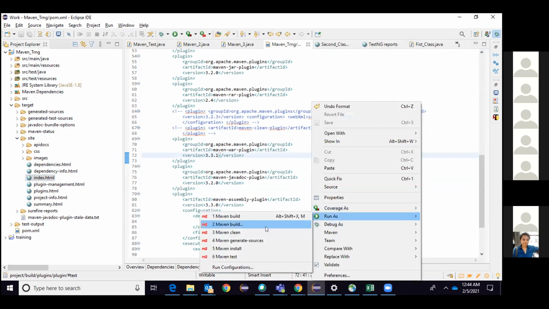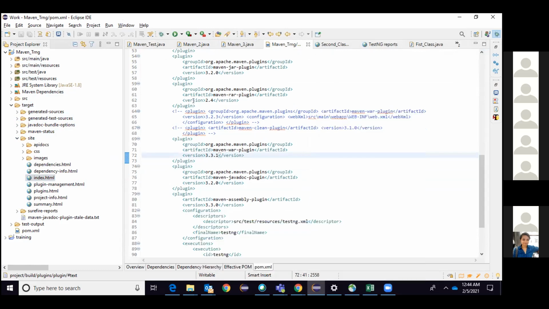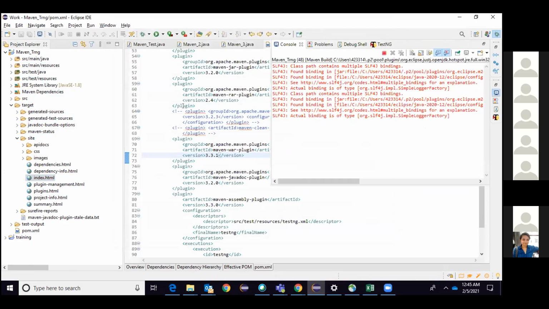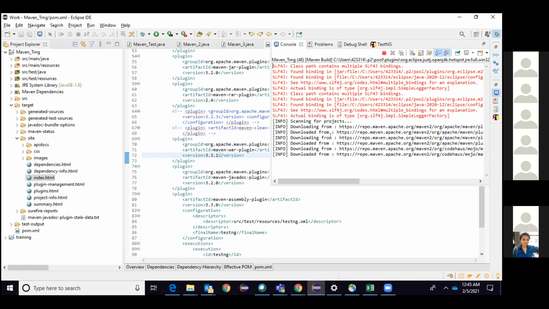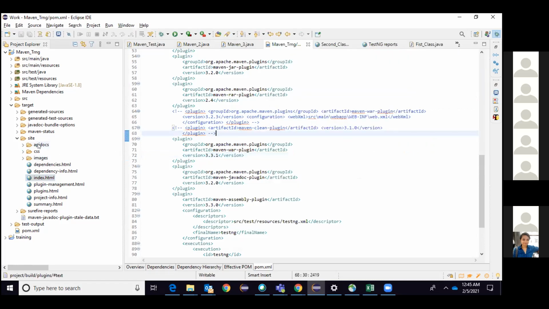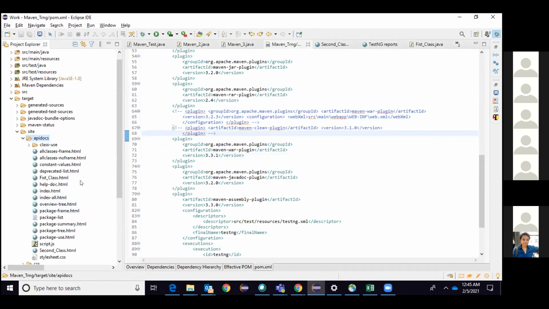One more time, I want to try the other goal, javadoc:javadoc. I forgot the name. Okay.